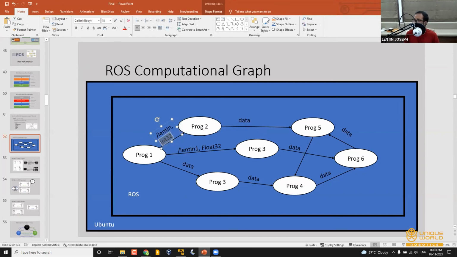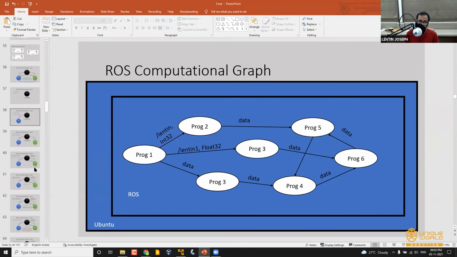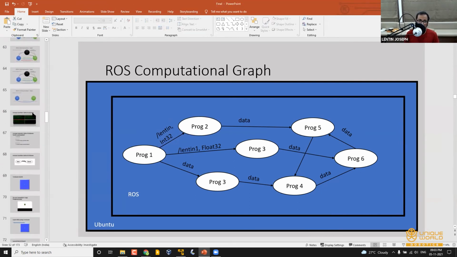There are different kinds of data you can send, and you can assign the topic name as well. So you are familiar with the ROS topic, and the type of data is called a ROS message. These are some of the terminologies associated with the computational graph. I think you got an understanding.